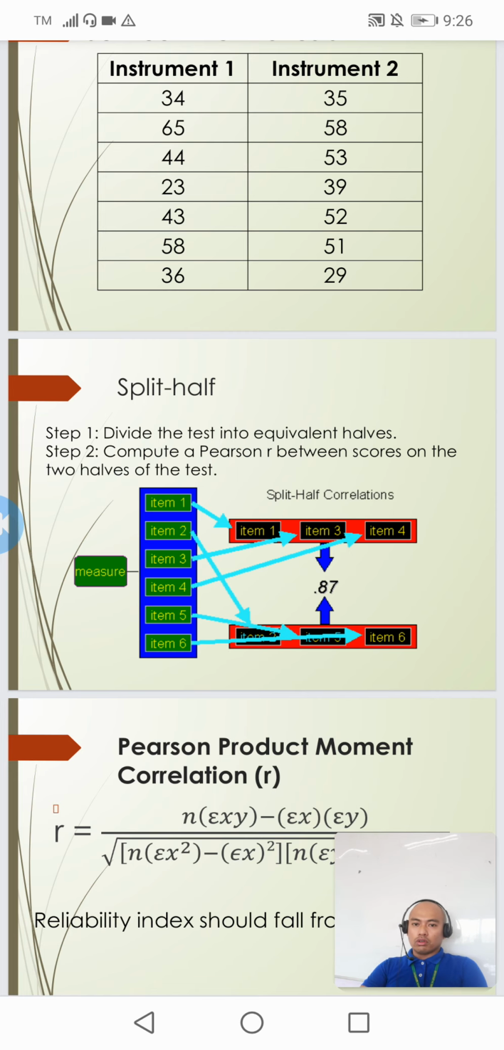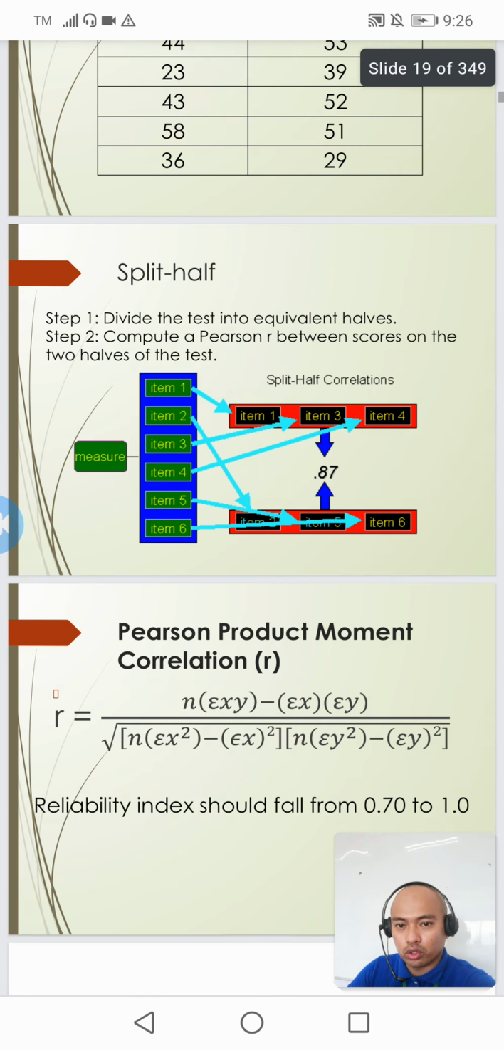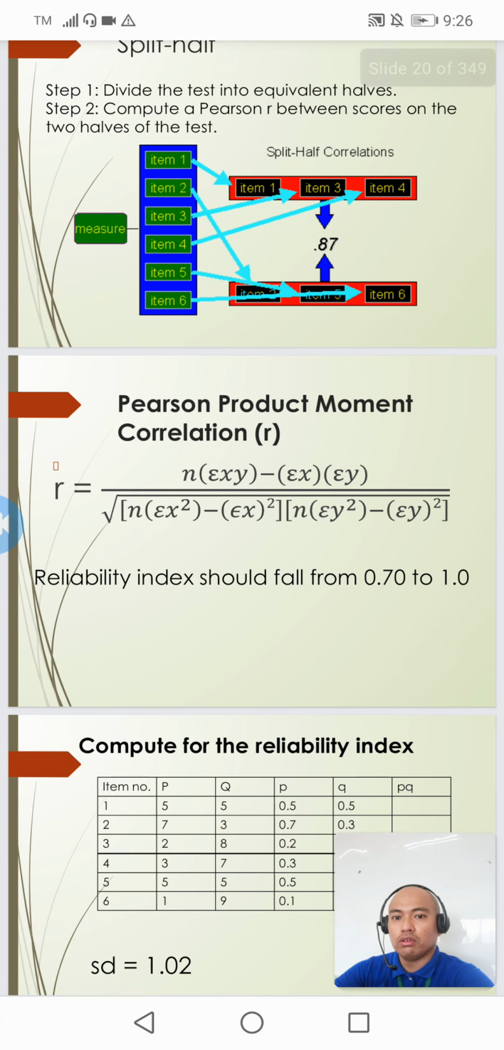So ito yung ating split half method. And for doing the correlation analysis, we'll be utilizing this Pearson product moment correlation formula. It defines a small letter n, okay, which deals with the number of samples or number of students,